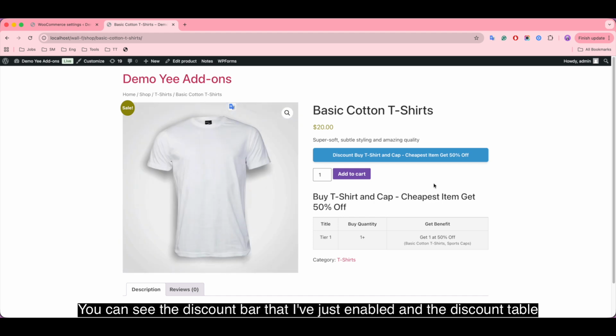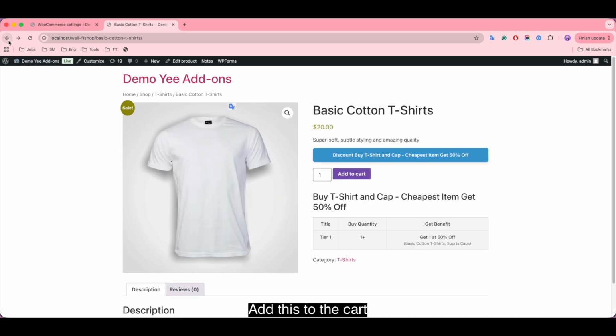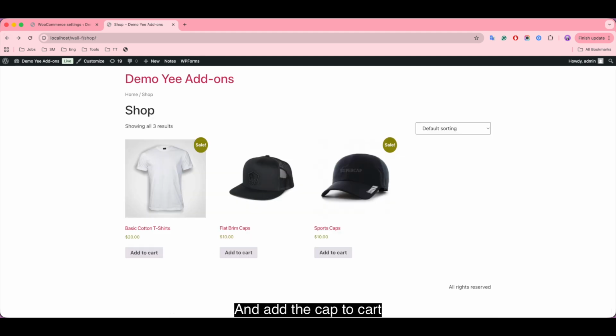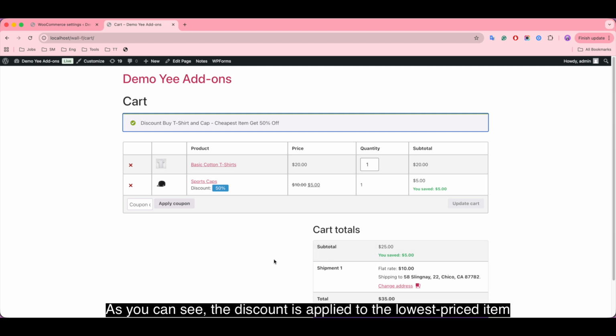You can see the discount bar that I've just enabled and the discount table. Add this to the cart and add the cap to cart. View cart. As you can see, the discount is applied to the lowest priced item.